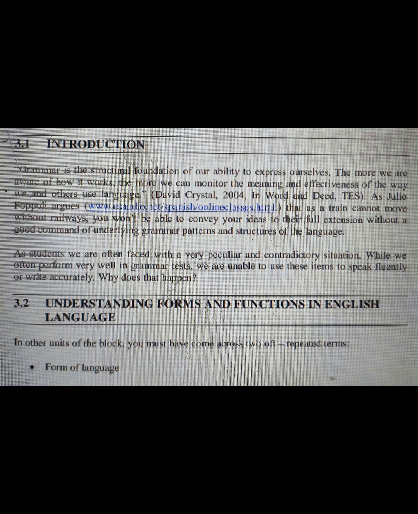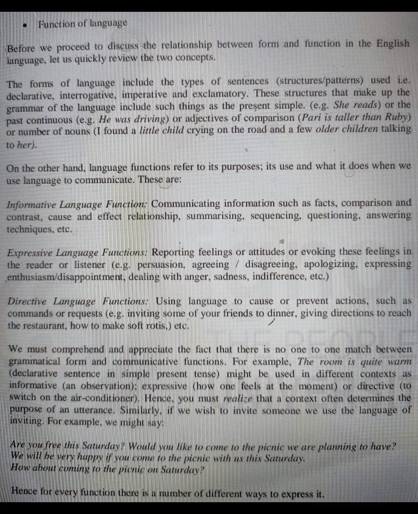Understanding forms and functions in the English language. In other units of the block, you must have come across two oft-repeated terms: form of language, function of language. Before we proceed to discuss the relationship between form and function in the English language, let us quickly review the